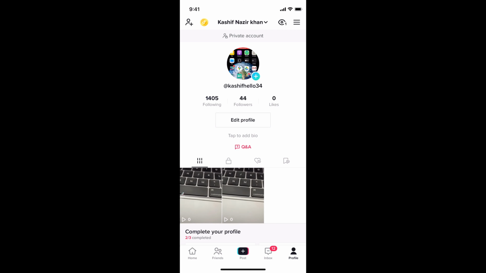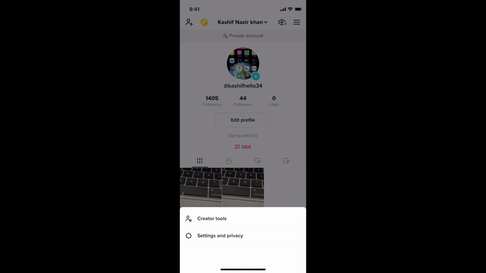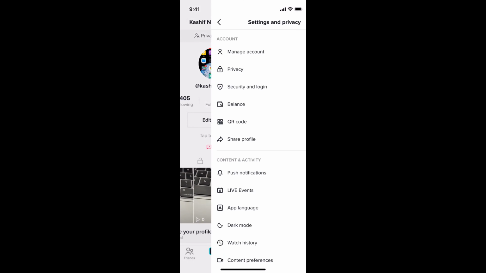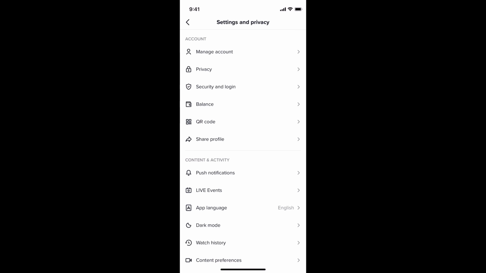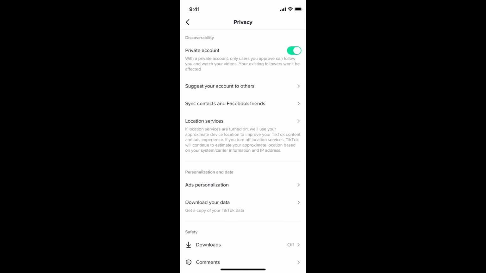Once you are here, simply go and tap on these three lines at the right top corner. Now go to settings and privacy. Under settings and privacy, you'll be able to see privacy. So here is the second option, privacy. Tap on this one. Now at the top you can see discoverability, and under that you have an option of